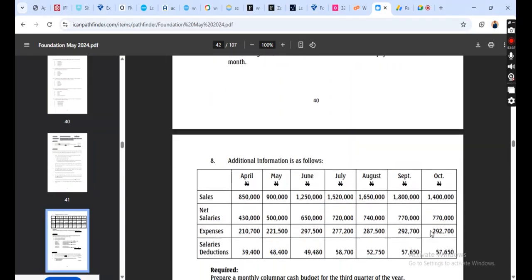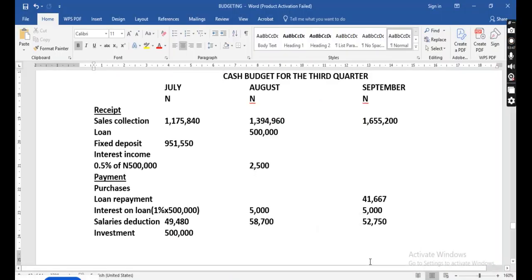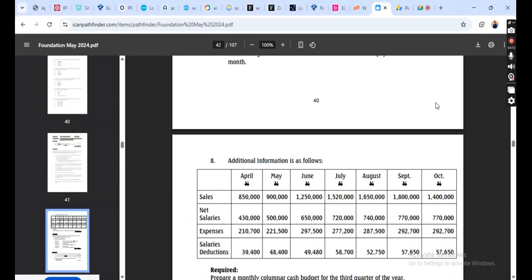You charge 1% of it. Your net salary, the expenses, the salary deductions, the purchases, the loan repayment, the interest on loan, the investment of 500. So the total, you charge 1% of it. On a monthly basis, we give your bank charges. I think that's the end of the question, but we are yet to solve for the